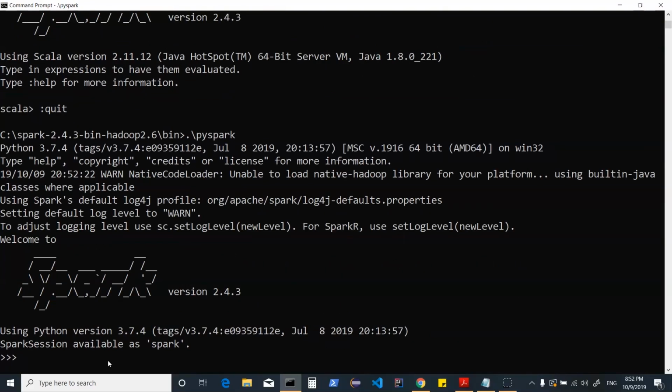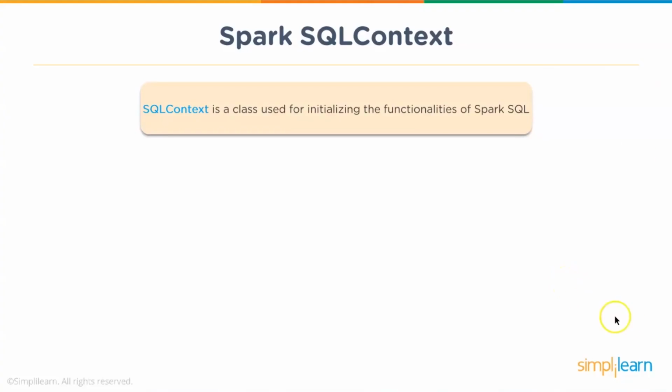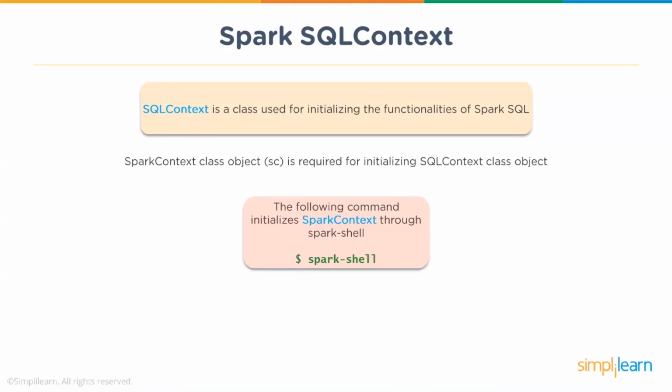Now if you see here, we again have Spark context initialized as sc, and then we have Spark session available as spark. If I was working in an older version, I would not have Spark session, but I would have SQL context, which could be used to use the functionality of Spark SQL, or basically using Spark to work with structured data. So SQLContext is a class which is used for initializing the functionalities of Spark SQL, or you can say it is the class which becomes an entry point of your application for the resources which your application would need for processing.